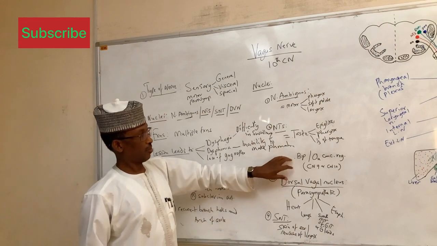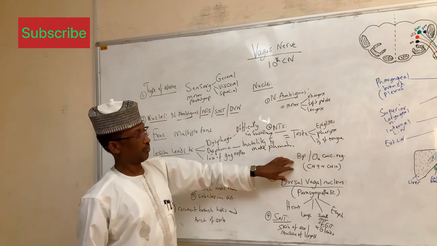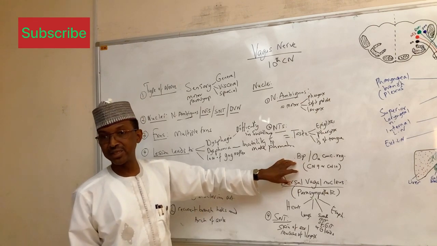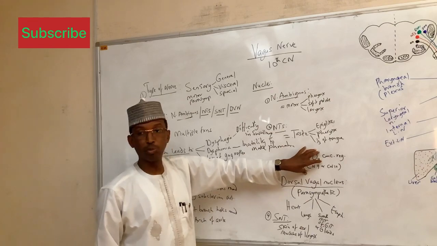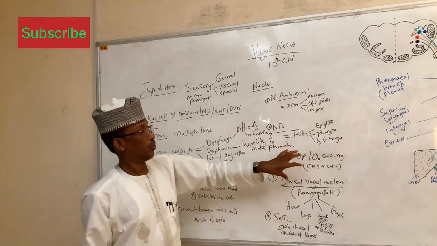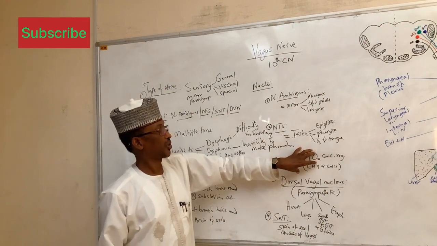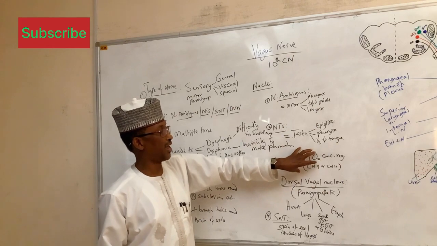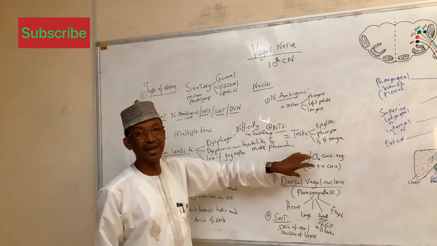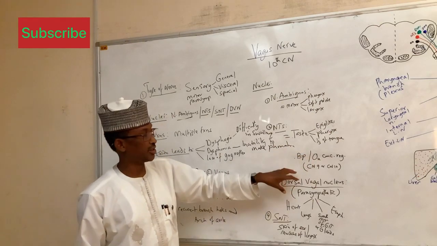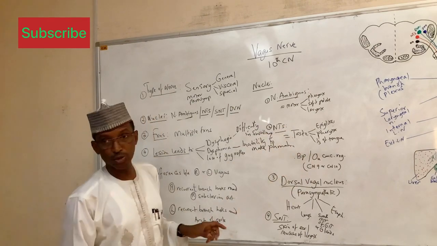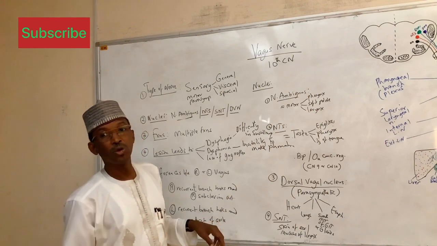Similarly, fibers from the carotid sinus, that means from the beginning of the internal carotid artery, and also the carotid bodies that lie between the internal carotid artery and the external carotid artery, carry baroreceptor and chemoreceptor information. Information for the regulation of blood pressure and the concentration of oxygen in the blood is also carried into the nucleus of tractus solitarius, similar to what was found in the glossopharyngeal nerve.